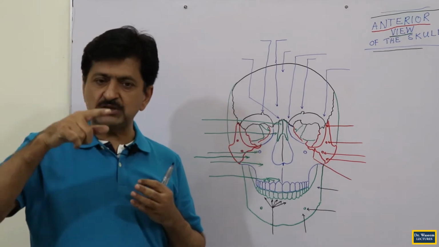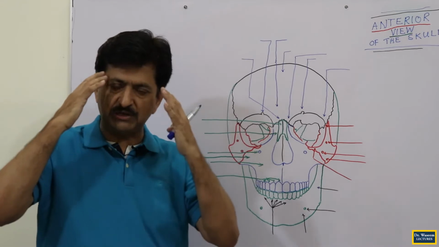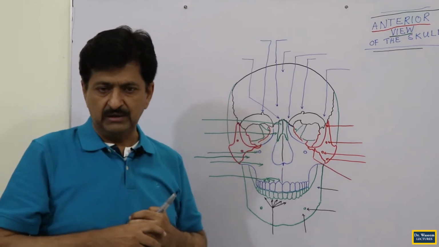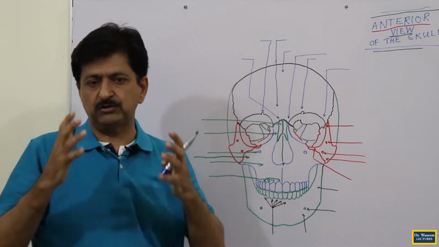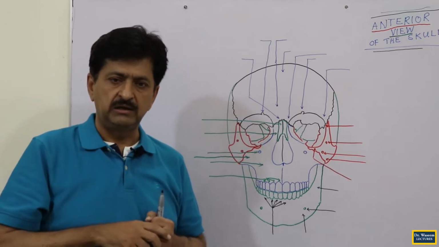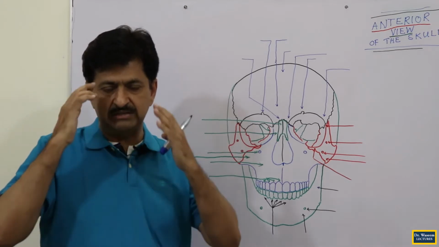Scalp means those 8 bones which constitute the scalp region, not just scalp, but the cranial region, the calvaria region. The calvaria joins together to form a cavity called the cranial cavity, and the biggest viscera of your head region lies inside the cranial cavity,